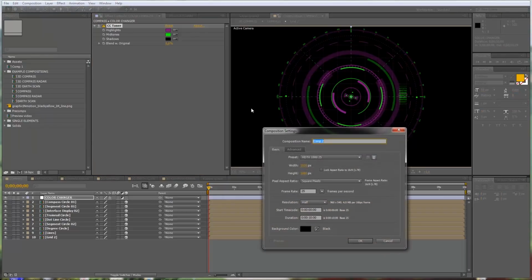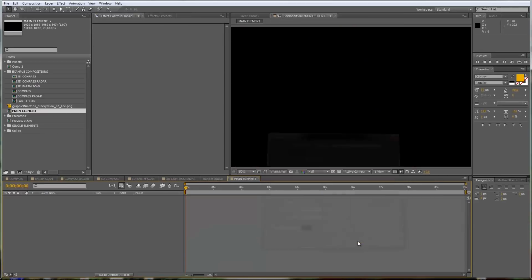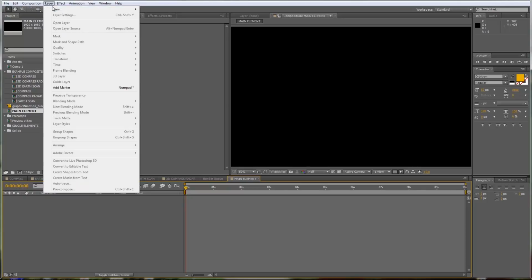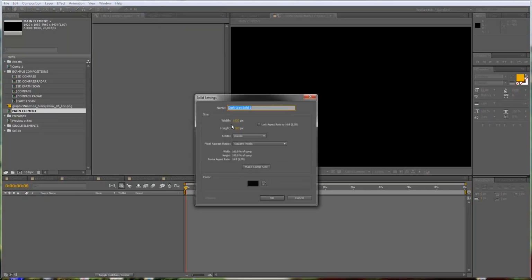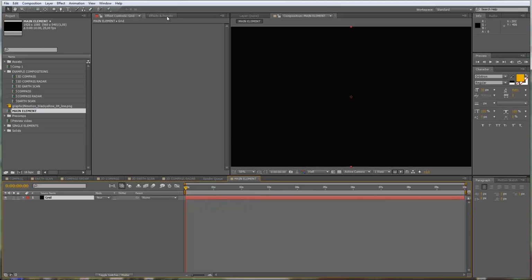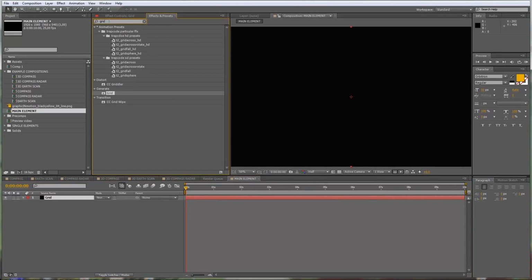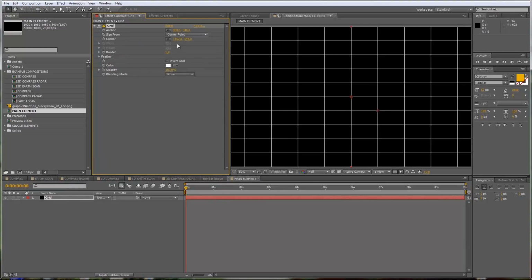Let's create a new composition. I want to make it 10 seconds long, full HD, and I call it main element and press OK. First thing I want to do is to create a background, and this is a circular grid. Therefore I just create a new layer, a new solid, and I name this grid. Make composition size, don't care about the color, and I will go to my effect presets, and I already typed in grid here, so I will take the grid, drag it on top of my grid layer,